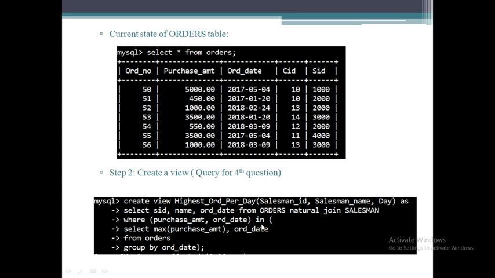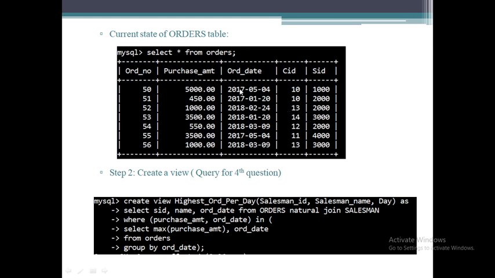IN means it will compare with the values obtained from this query. Now in the inner query we are fetching the maximum purchase amount with respect to the order date.